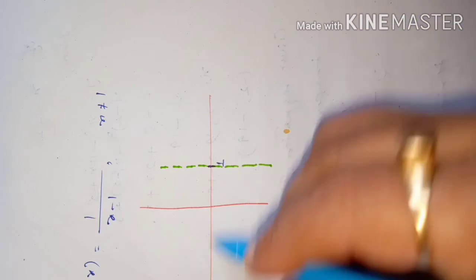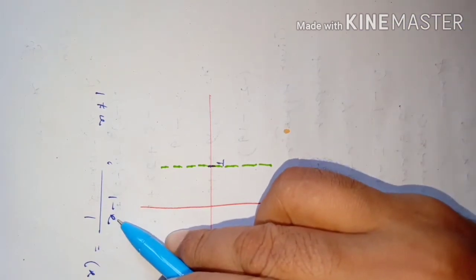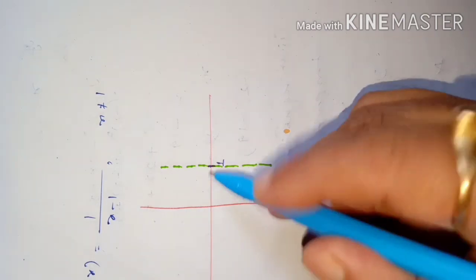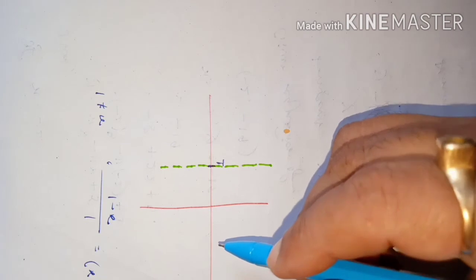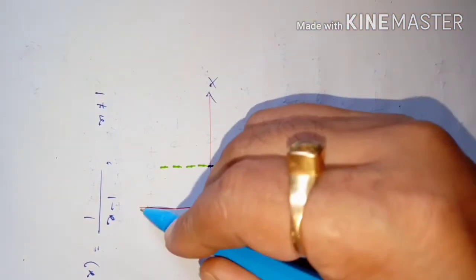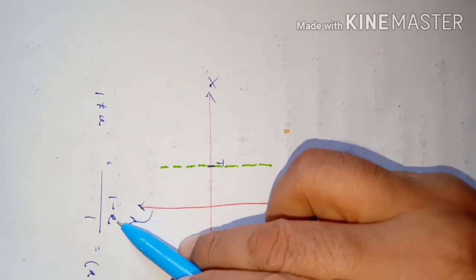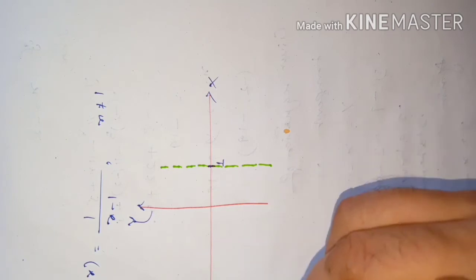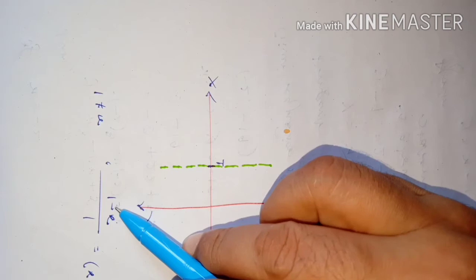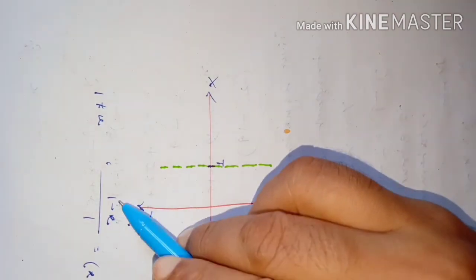This is 1. So if we see here, as we reduce the value of x smaller and smaller, means less than minus 1, then it will go like this. It will go very close to the x-axis. This is the x-axis and this is the y-axis. So as we reduce the value of x towards the left hand side, it will be at 1. Just you see, dear students, what will happen at 1? It will go towards infinity.